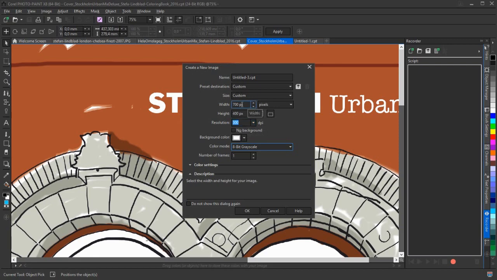You can see that the width here is 700 and 400. That doesn't have anything to do with the image that I would do for my coloring book. That is actually for a totally different image that I did. But the thing is, what I'm going to do is that even before I started doing my drawings, I started